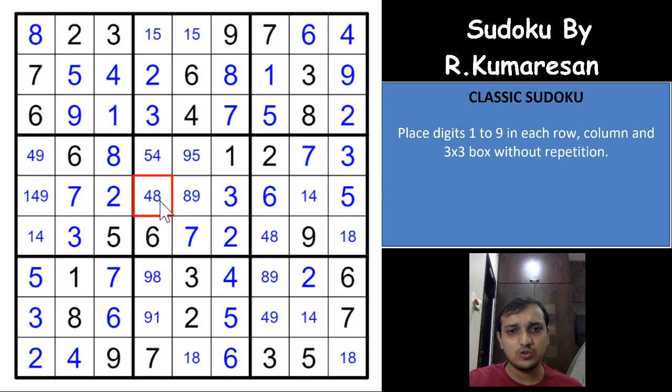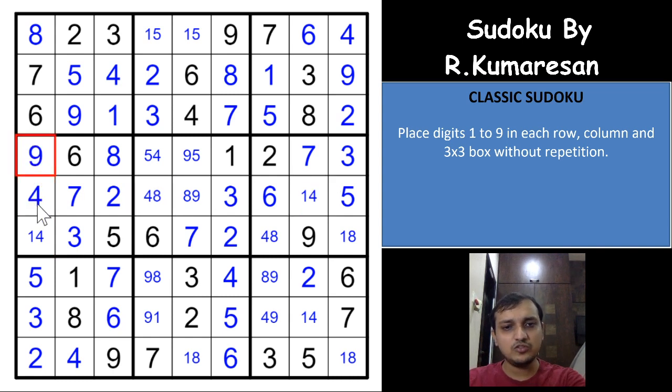The digits which are used twice already in that row or column will have to be the digit here. You know that 8 is already used twice, but you don't have an 8 possibility here. So if you had an 8 possibility here instead of 4, and 8 9 and 8 4 here, then this cell would have to be an 8. But you already have a 4 used twice in this row, which means that this cell has to be a